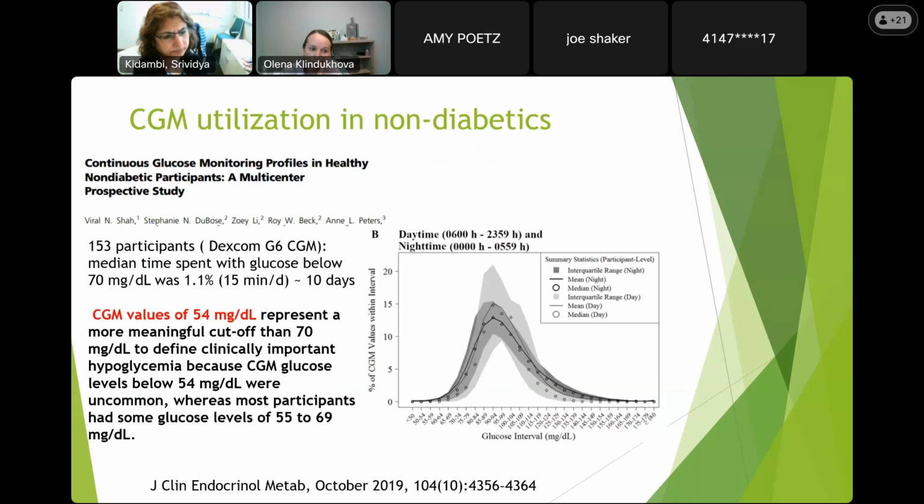As there is a large number of patients who did have blood sugar level ranging from 55 to 69. I believe Dr. Shah, he recently joined our IU department. He shared that they advocated with the ADA, the FDA, and Dexcom to try to change the hypoglycemia cutoff. So I think it's still in the works.